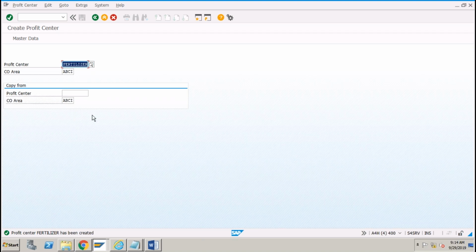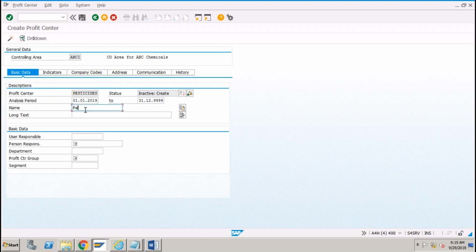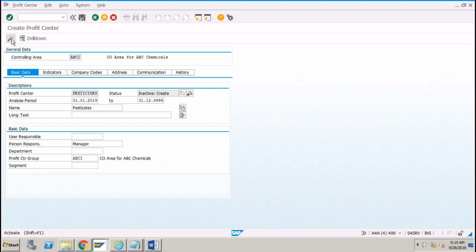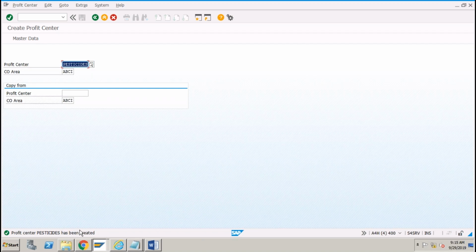I need to create the second one, which is pesticides. Okay, enter. Same way, pesticides. Person responsible, I will enter again the manager, and the profit center group again would be the same ABCI. Okay, and save it. So see, I saved it. That is the reason it is saying it is inactive. If you want to activate it, you have to click on this activate button. So now it has been created. So now we have two